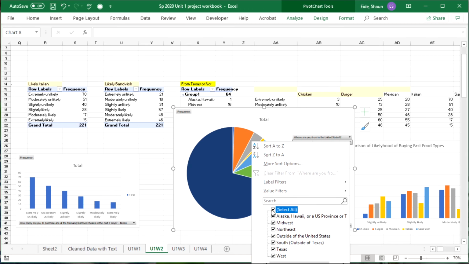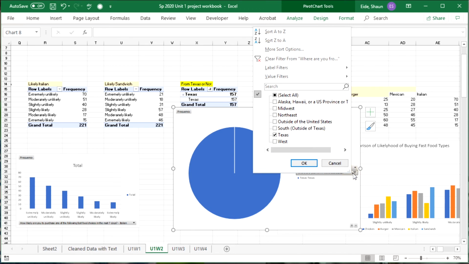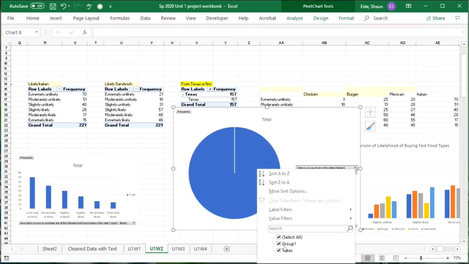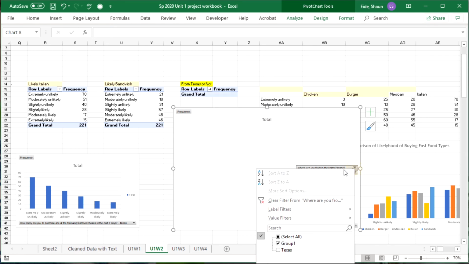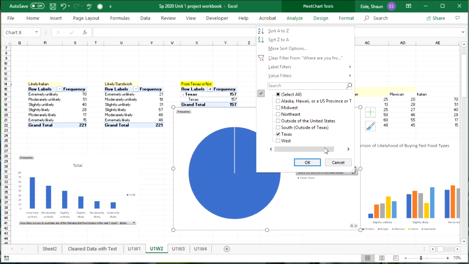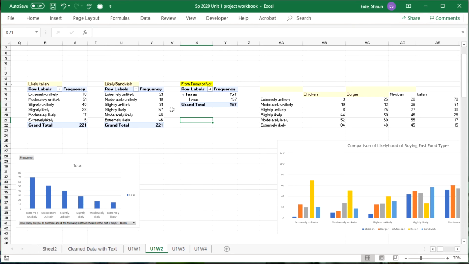This is great. Well, I actually want to get rid of all that. Let's do Texas, and then let's see here. Okay. So that's the reason why it doesn't work. It's like I'm trying to show you a comparison of group 1 or Texas. What that first one is saying is select all the data, and what you really want is for all of these to be grouped. Okay. So in order to do this, what we need to do is once again just pull it out right outside the